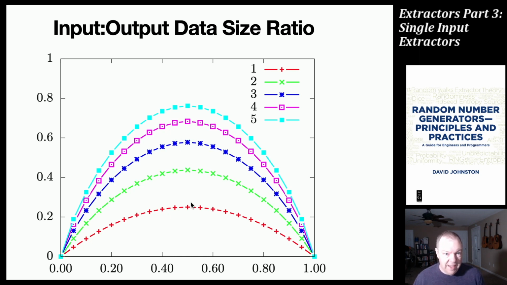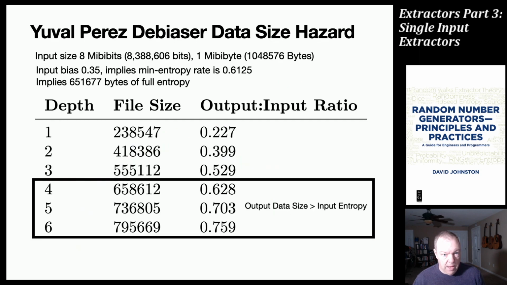So the size of the output data varies with the bias of the input data, and it increases with the number of iterations of the algorithm you run over that data. So this gives us a hazard. Here we ran some data through the evalperez debiaser using iteration limits from 1 to 6, and the